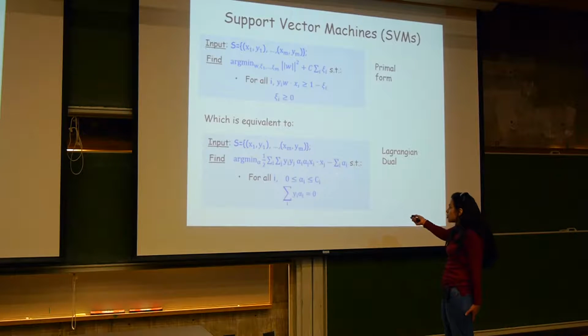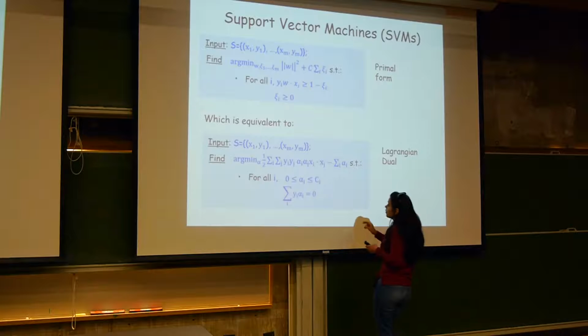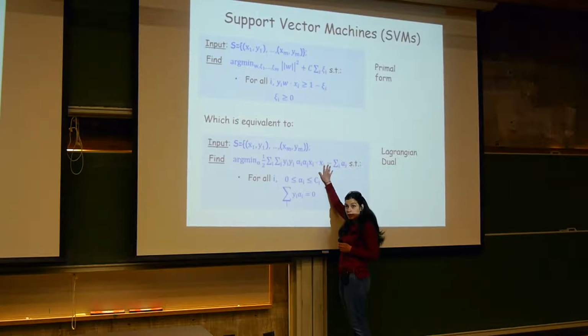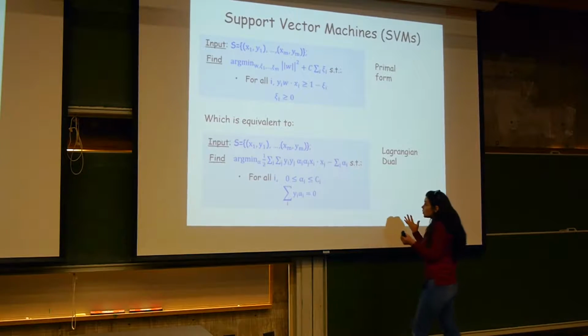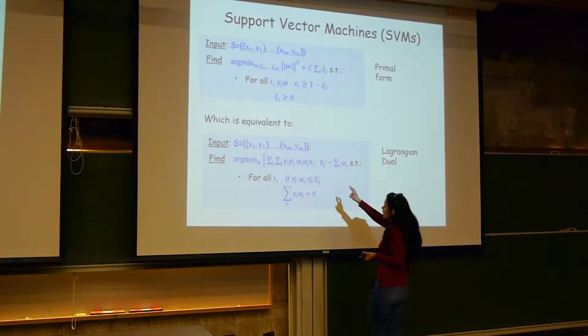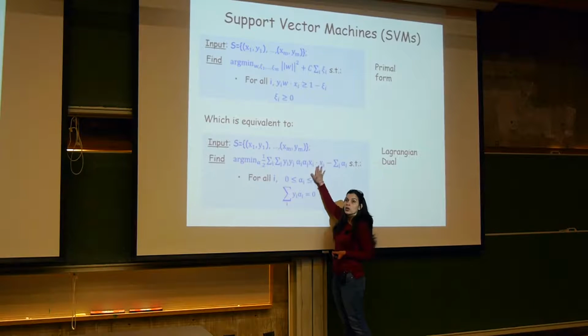And it turns out that the objective function looks like this. Okay, and the good news is that if I look at the objective function, I only have these dot products between training samples. I need to be able to compute xi.xj to write down the objective. And so that's good news because it means it's kernelizable, right? So what I will have to do is replace this xi.xj with k of xi